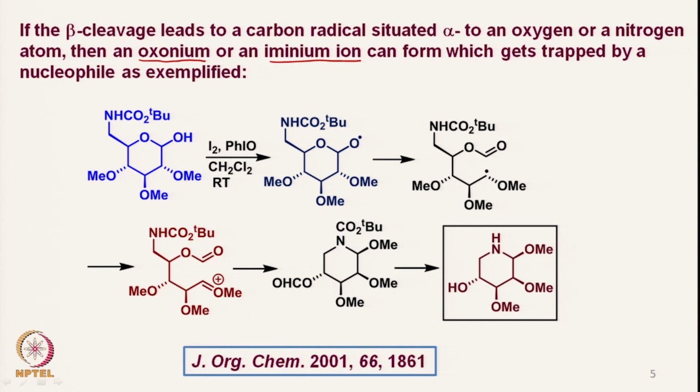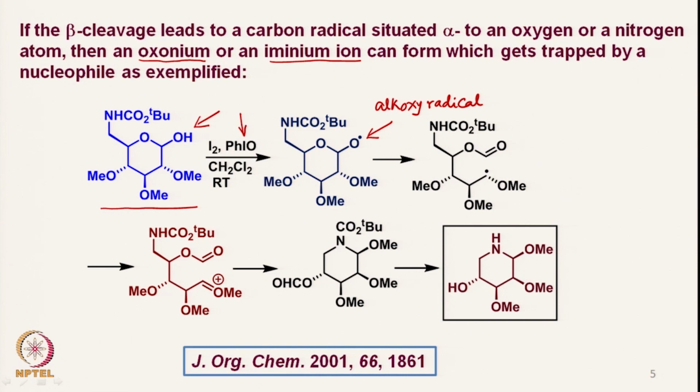So one example is here, this is a sugar based nitrogen containing molecule in which there is a hydroxy group at the anomeric carbon, which is reacted with iodine in the presence of an oxidant. In this case it is iodosobenzene, and that allows us to form the corresponding alkoxy radical. This is the alkoxy radical which can form via the corresponding